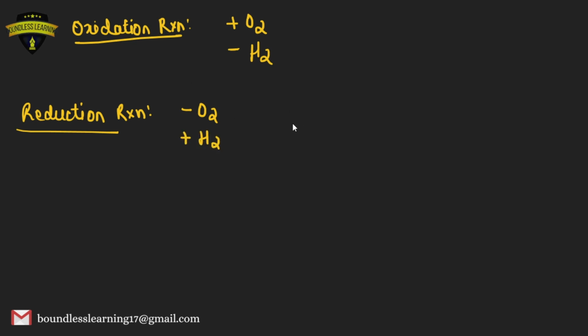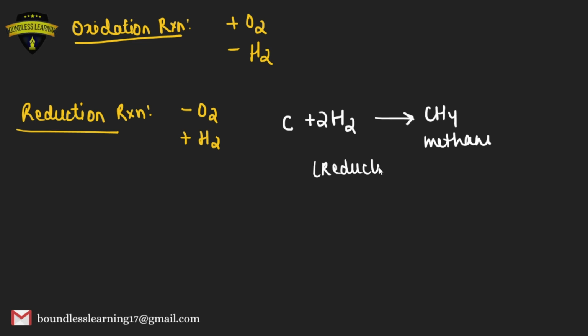जैसे मैंने यहाँ पर एक एग्जांपल लिया, कार्बन के अंदर जब हम H2 ऐड करेंगे, 2H2 ऐड करेंगे, तो ये फॉर्म करेगा हमारा मीथेन। ठीक है, this is the example of reduction reaction, because इसमें हम हाइड्रोजन को ऐड कर रहे हैं। उसके बाद ऑक्सीडेशन रिएक्शन का